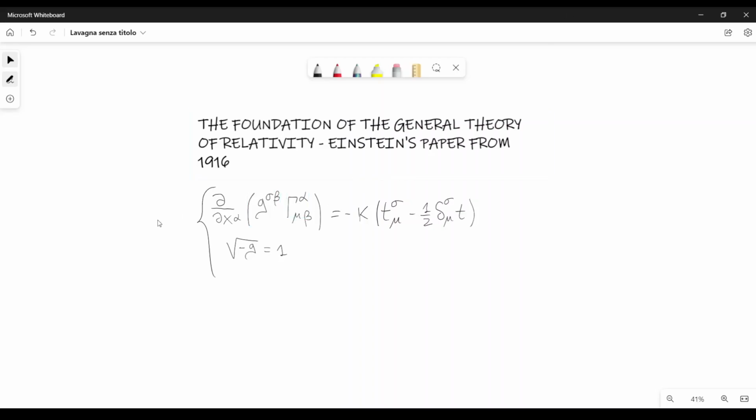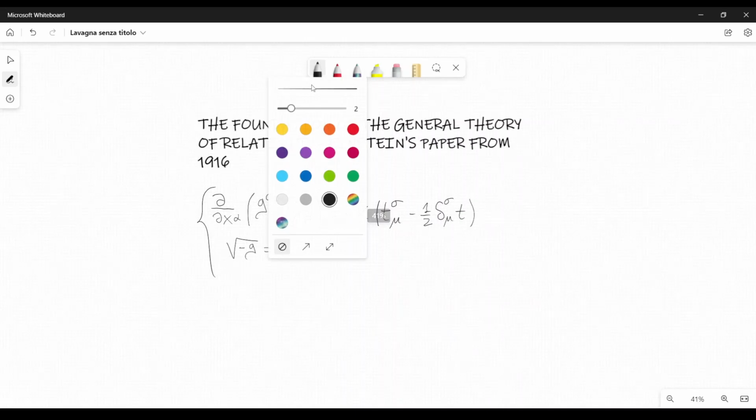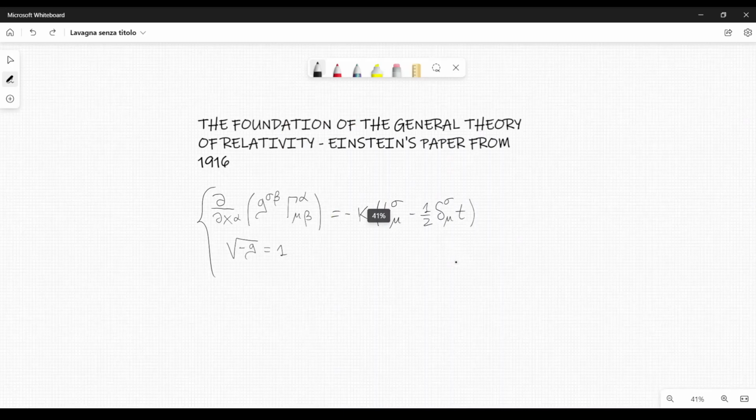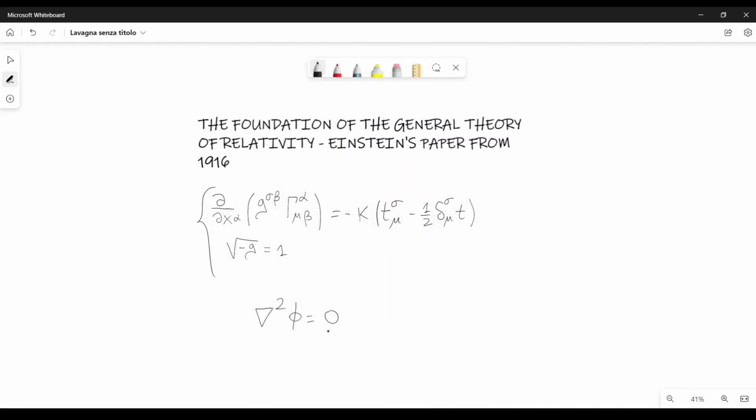We derived these equations last time, and now at this point Einstein states that we should compare these equations in vacuum. Remember that we made our considerations here in vacuum, so only considering gravitational energy and not energy pertaining to matter. So we should compare these equations with the corresponding equation in classical mechanics, and Einstein states that the equation should be del squared phi equal to 0, which is Poisson equation in the absence of matter, because with the